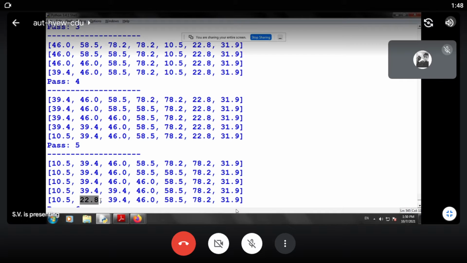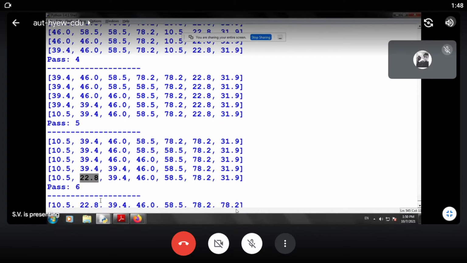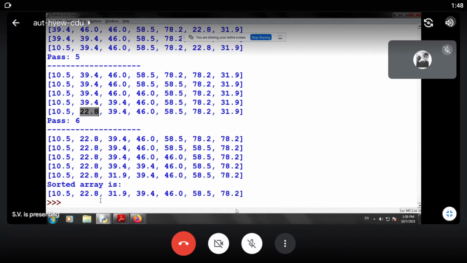It positions or inserts the value exactly at that position. The only thing is it will consume a little computation time in shifting the contents to the right hand side. That is the complexity of the algorithm. Now in the sixth pass we can observe that the data is partially sorted and only 31.9 is to be inserted.